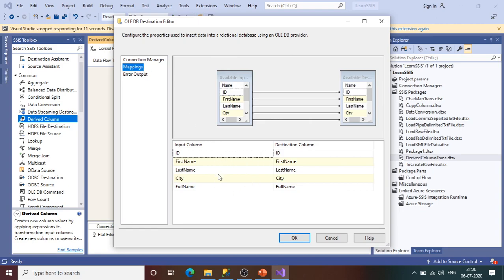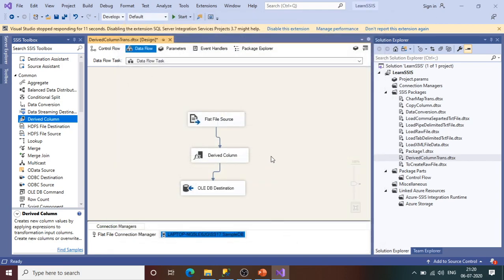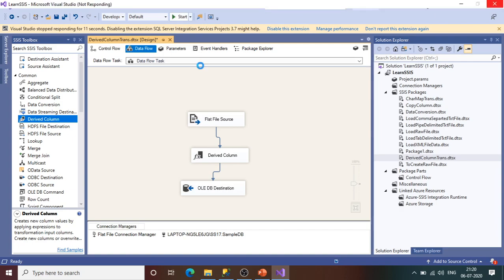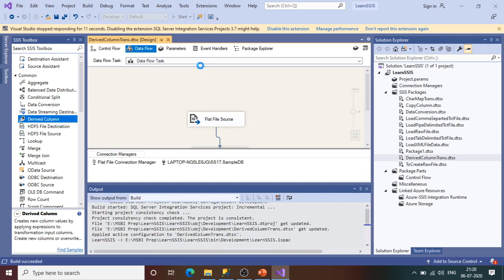If you see here, we only have 4 columns from the source file, but we have added a full name column as a derived column using the derived column transformation, and here we have the full name column. Click on OK. All the columns are mapped correctly. If you noticed, the red icon that symbolizes an error has gone. Now this is done. Now execute the package and see the effect on that table, whether this data has been inserted in the created table or not. So let's wait for a couple of seconds here.